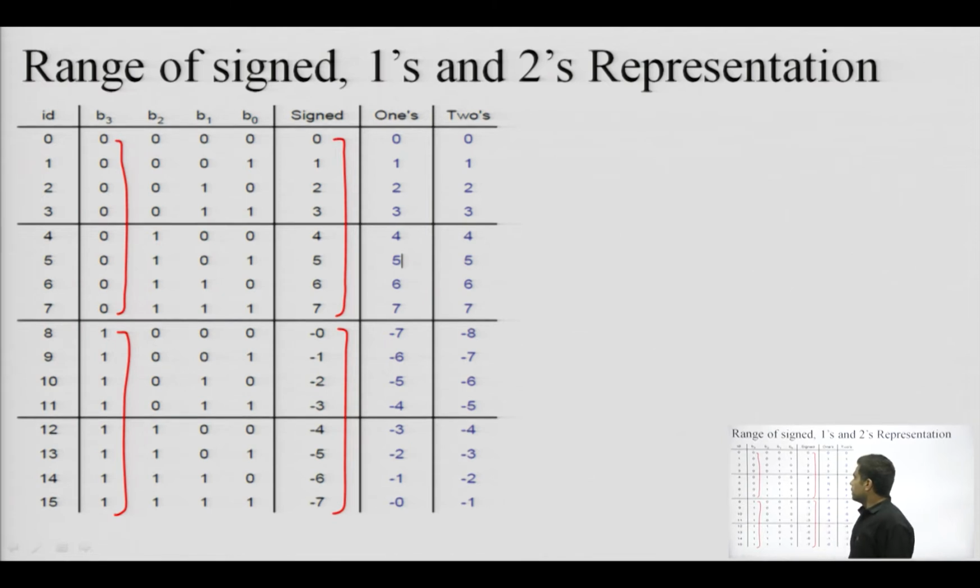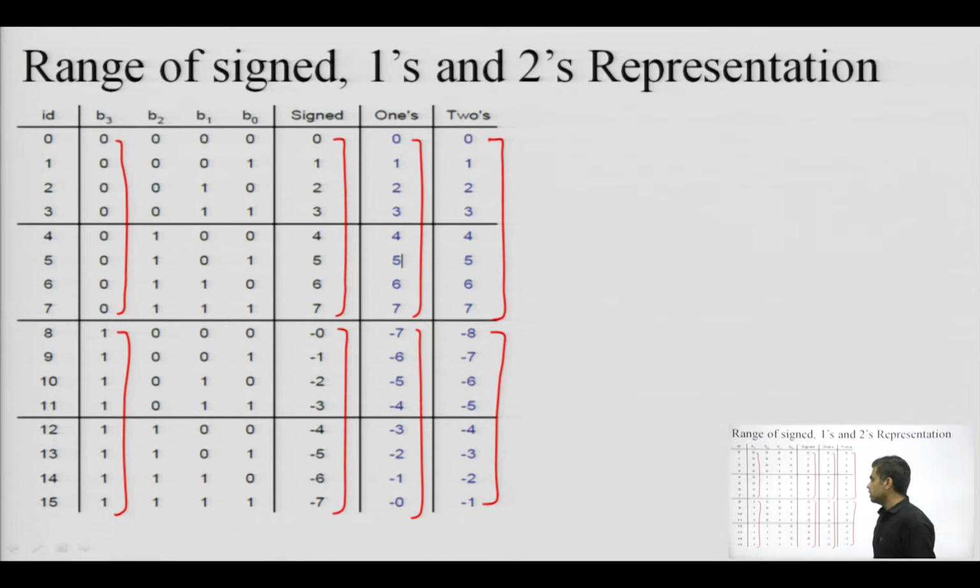Similarly, these are the representations of 1's complement, and you can check that the upper half is exactly the same, 0 to 7. That means, if a positive number is to be represented in signed form, 1's form and 2's form, all these three representations are exactly similar. Okay. But if I need to represent a negative number, then we can check that these representations are totally different